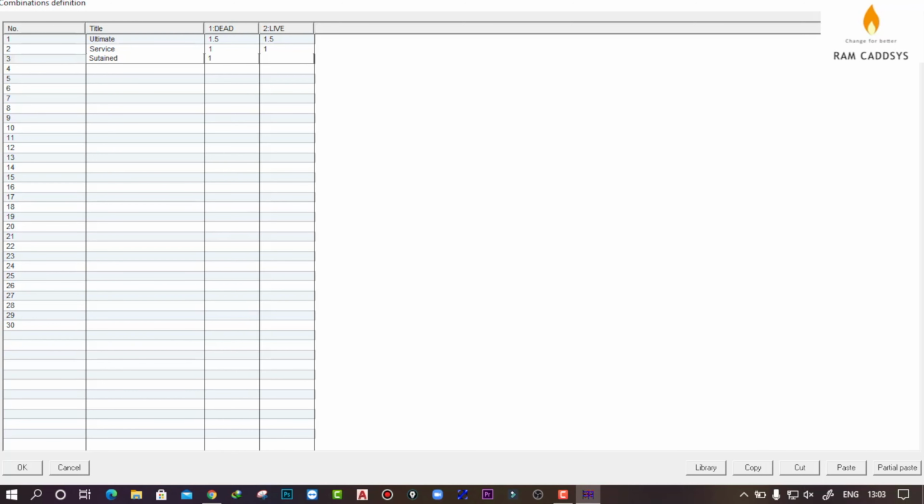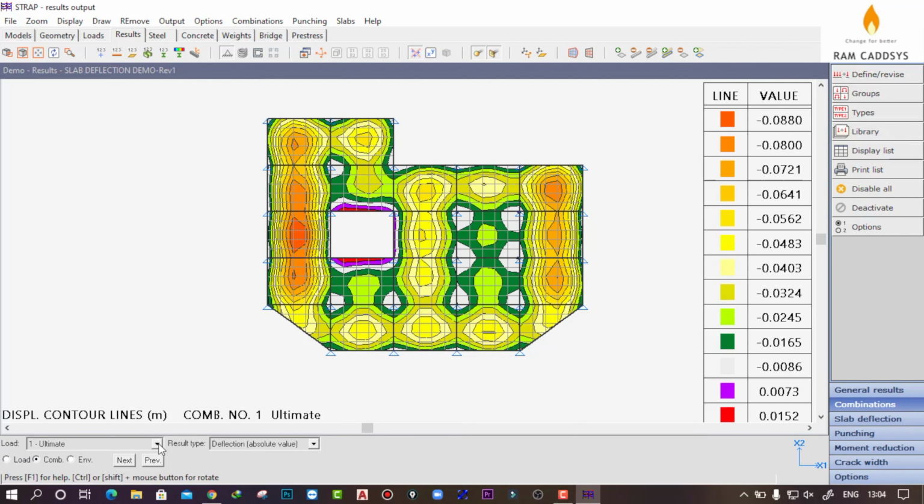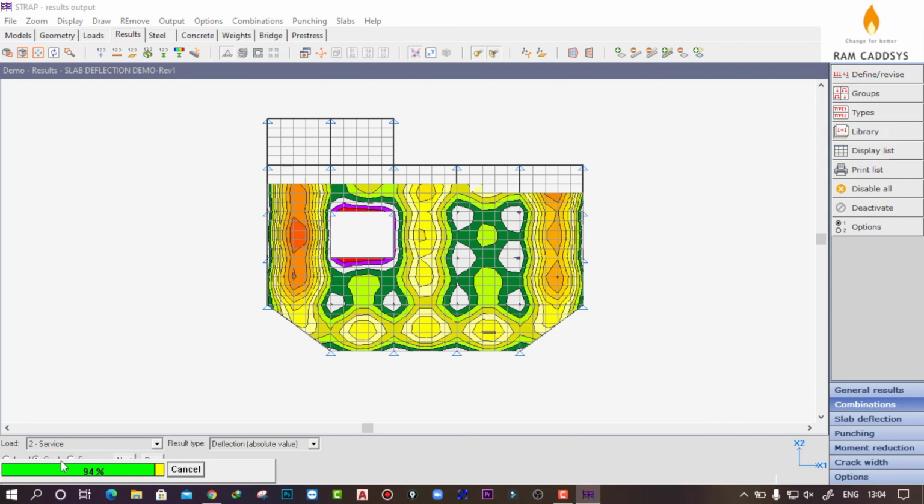We'll consider the dead load 100% and let us consider that 25% of the total live load will be sustained, so 0.25. Now we have created 3 combinations. Click on OK. Now to check linear elastic deflection on the slab due to the serviceability load combination, click on this combo and click on this service.